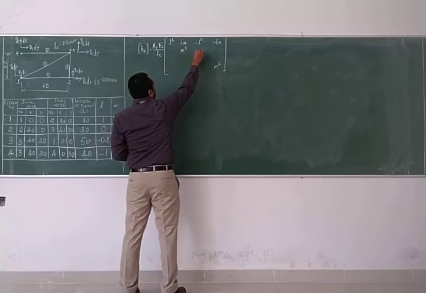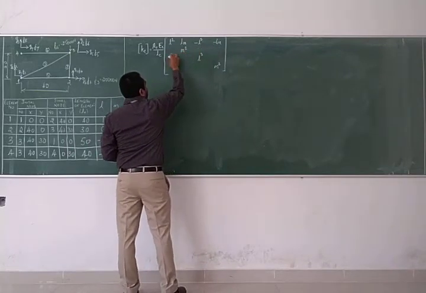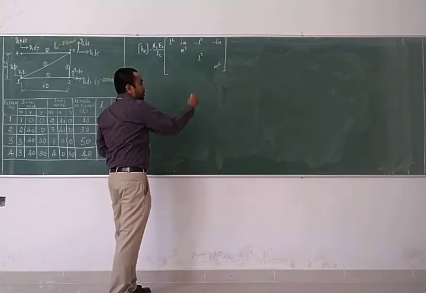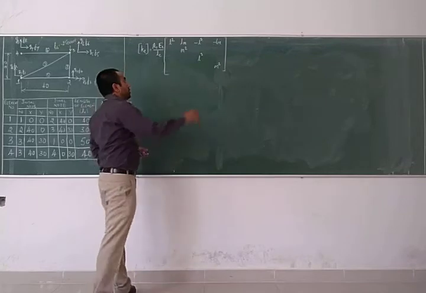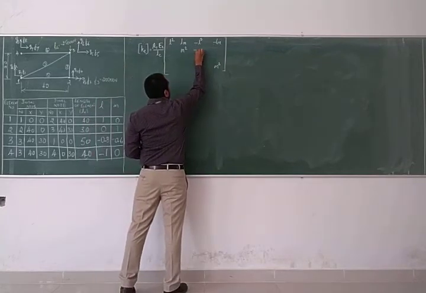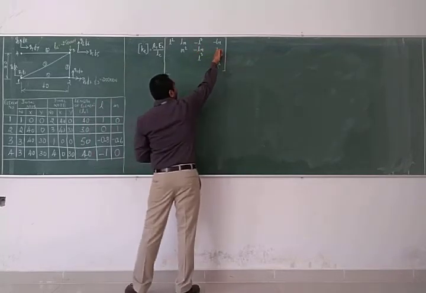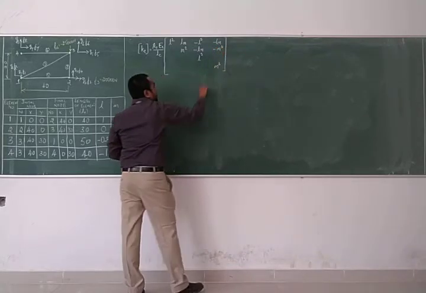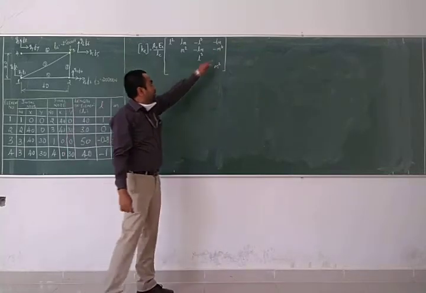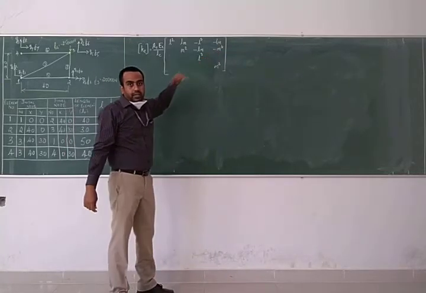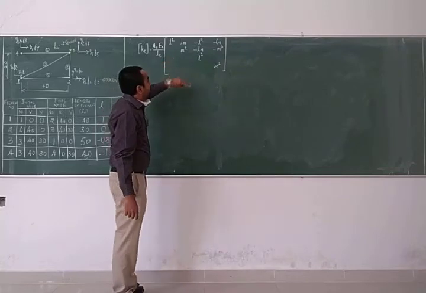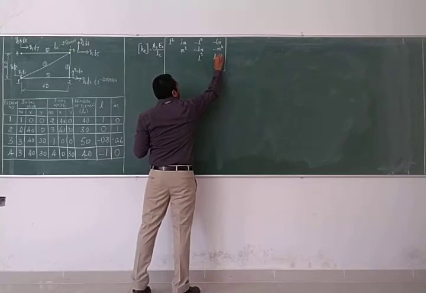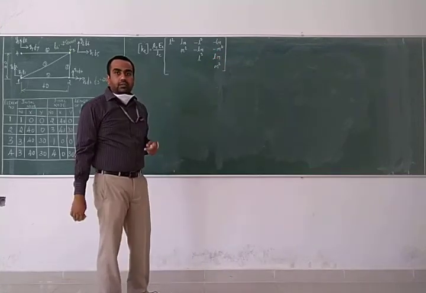Now, this term is again minus Lm, or we can complete the first column, but we'll stick to whatever we had spoken in the previous class. So this is minus Lm, and this term is minus M square. This is the term that needs to be corrected from the previous class. So this is minus M square to make the correction. And once the upper half of the matrix is done,